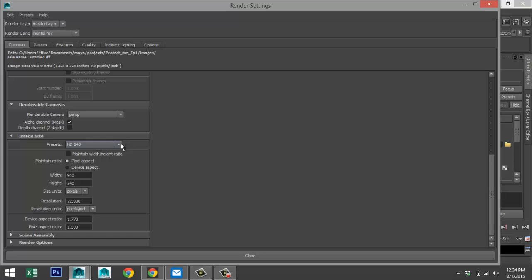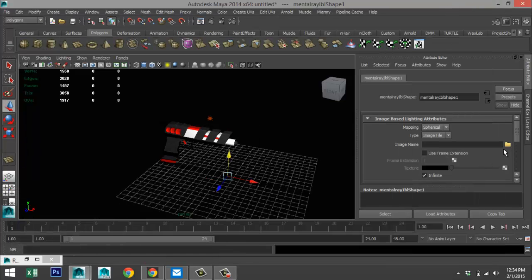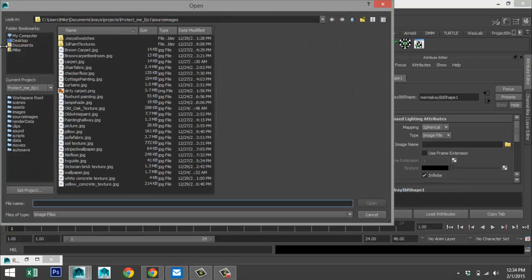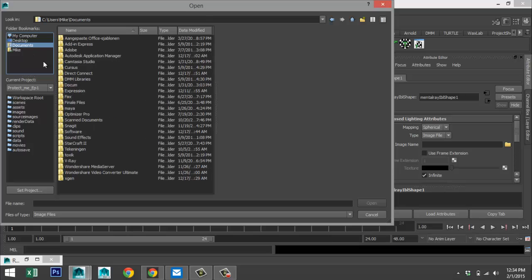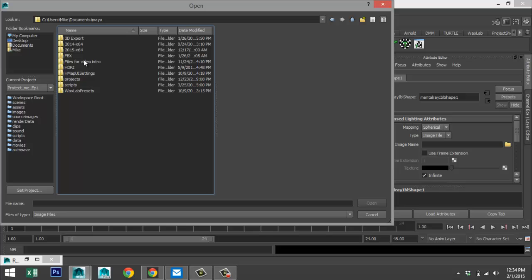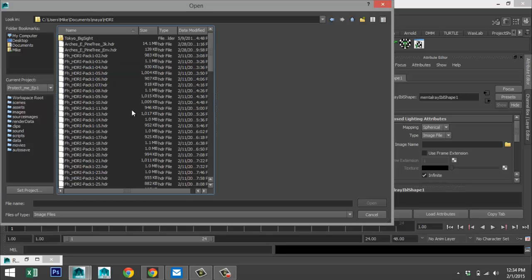Here we're going to change our size to HD 1080. That seems to be all good. And then we're going to go and search our image-based lighting. And I'm just going to get an HDRI file. Where did he go? Right there.